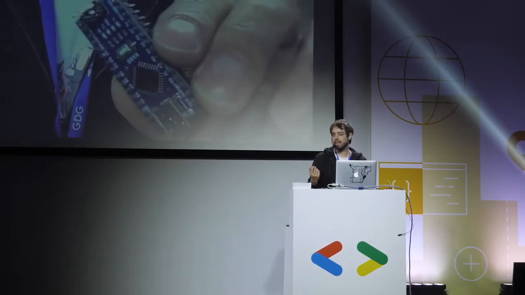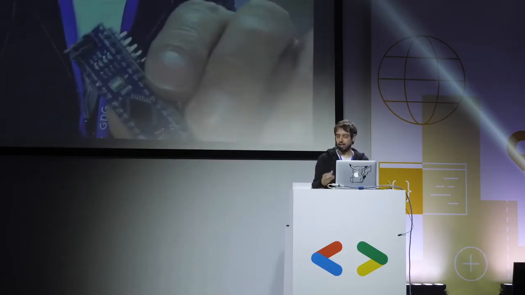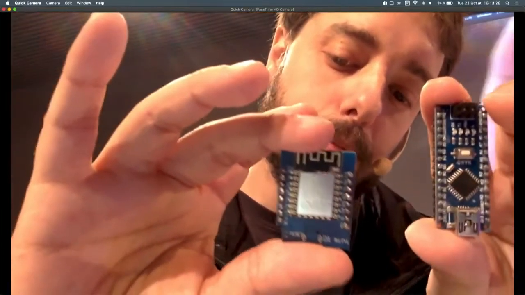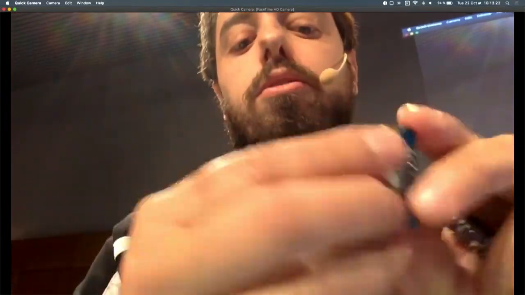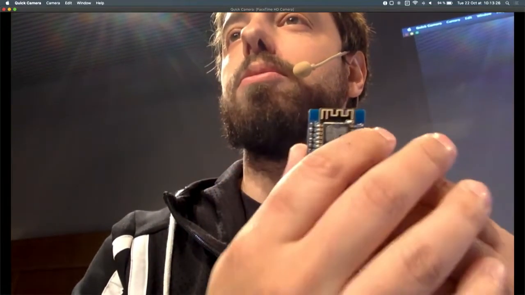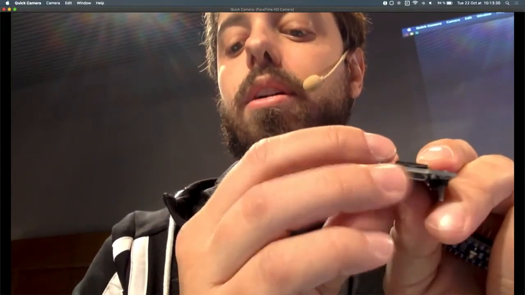So the Arduino is a very good prototyping platform, but it's very, very low power. It's 16 megahertz. It's not a lot. So hopefully Chinese people came and they created the ESP8266, which is another microcontroller. So this is the Arduino, this is the ESP. Once again, the microcontroller is actually the black part that is here, and the blue board is the prototyping platform. So this is the ESP8266.